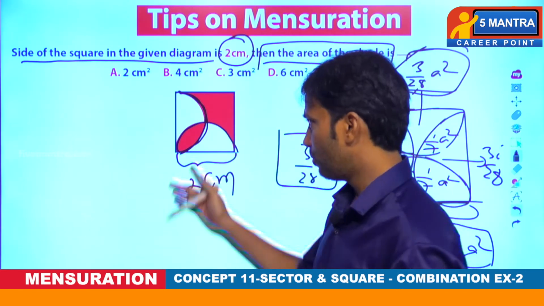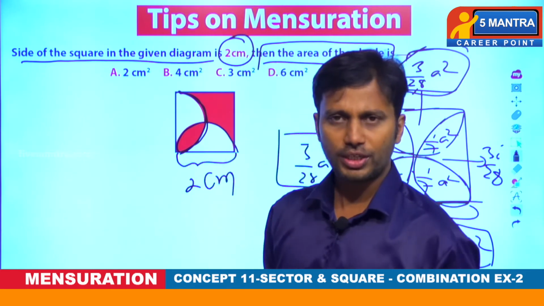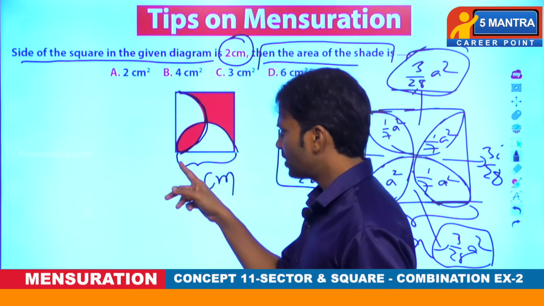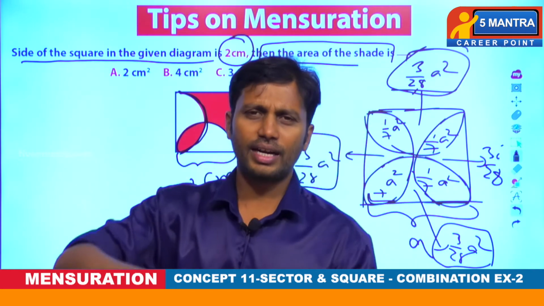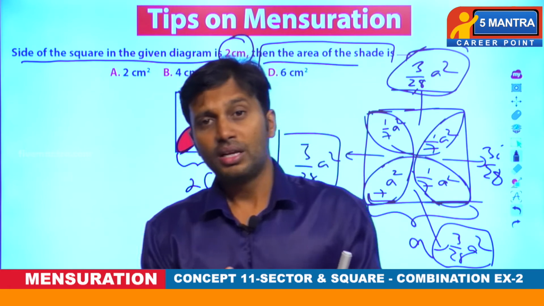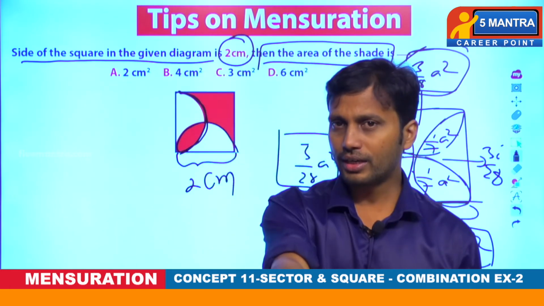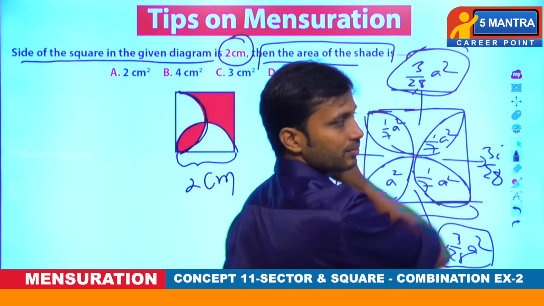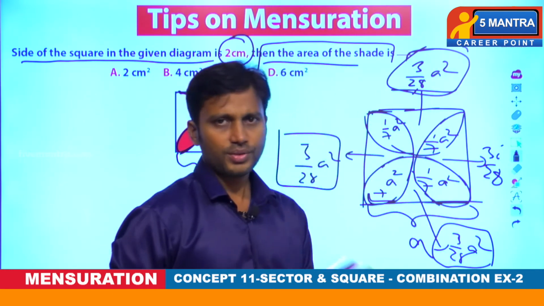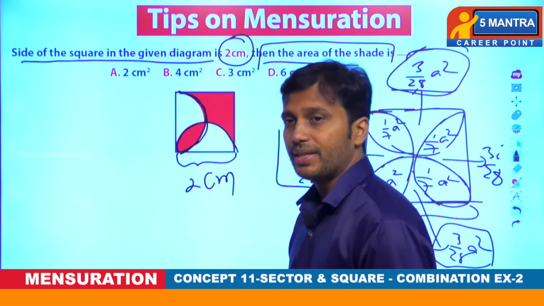Here I need to explain one thing, guys. You don't need to worry about this. A lot of students will first find this semicircle, then this semicircle, take the intersection of that, then add something else, and do a lot of process. You don't need to undergo all that process if you have this major analysis with you. So here we have the major analysis.